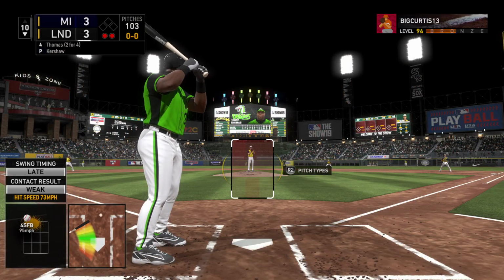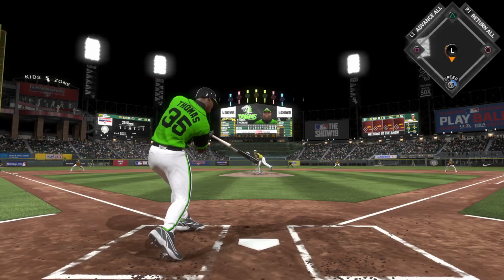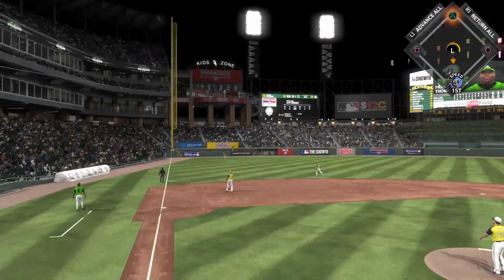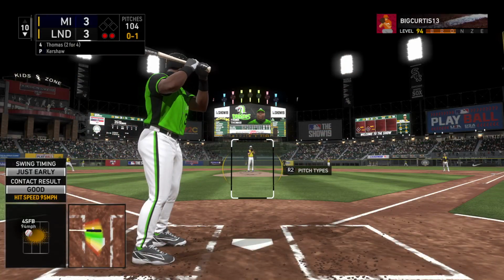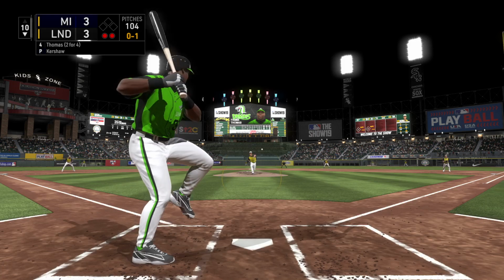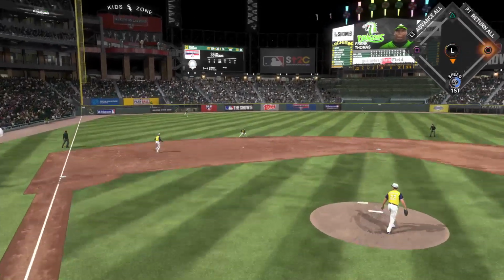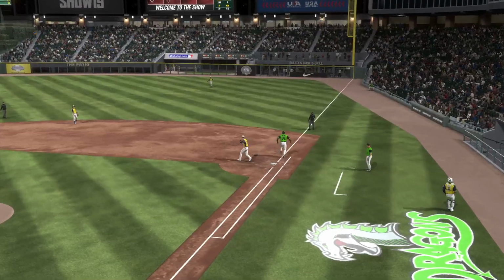So here's the cleanup hitter, Frank Thomas. He scored after reaching on a single in his last time up. Hit hard down the left field line, but this will be foul. A bouncer to the left side. Reyes gloves it. Throw on to first, and we are